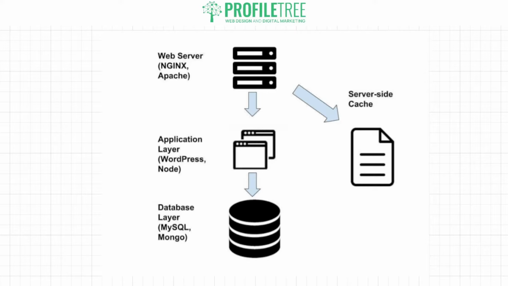Then, of course, you've got your server-side cache, and that's where you're more or less receiving everything. So that's what we've explained earlier on in the video. And at the very start there, that's the web server. So Nginx, Apache. So that's responsible for handling HTTP requests from clients, which is the web browsers, and serving the appropriate responses. So it acts as an area between the client and the server-side application. You can see from the arrows there. So web server going to application layer, then of course to the database layer. Then whatever information the database sends back to the application layer, sends back to the web server,